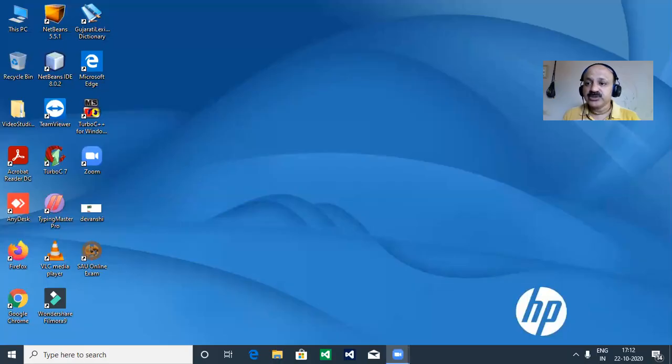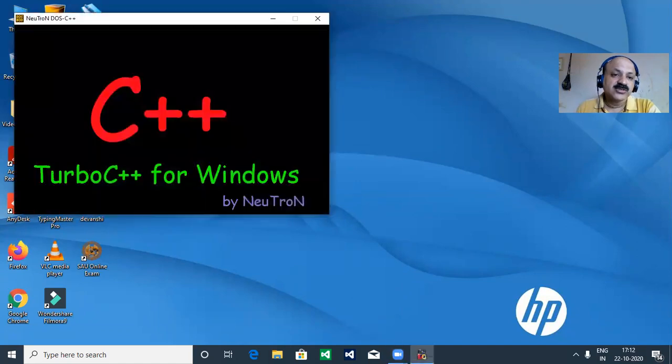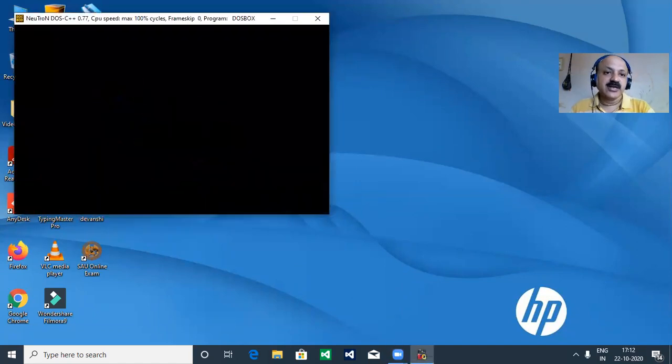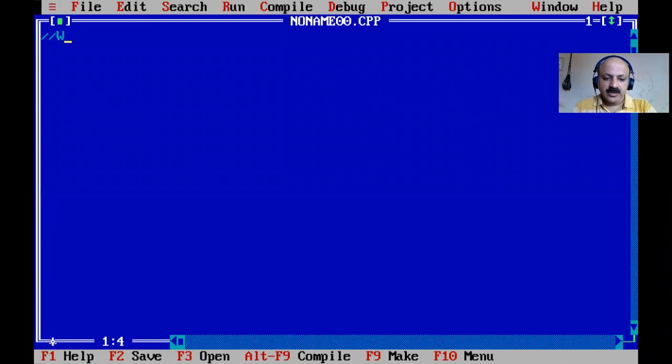In this session we learn how to insert one element in a one dimensional array at runtime in C language. I share my laptop screen and fix the position so you can watch my video lecture better. Here I double click Turbo C++, open the File menu, take a new file, and our goal is to write a program to